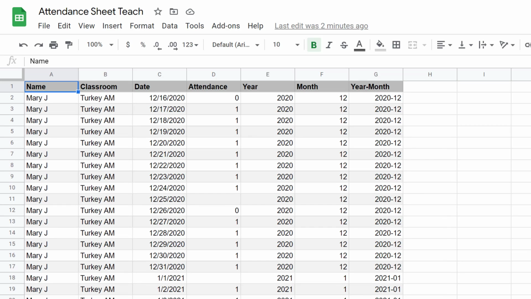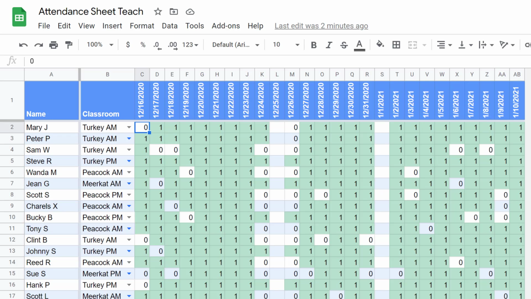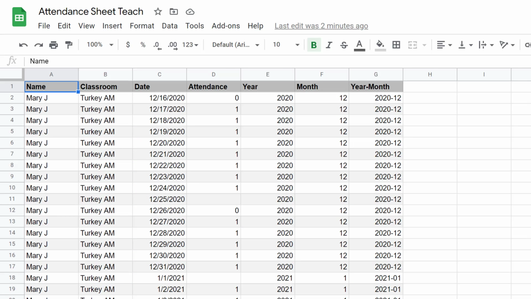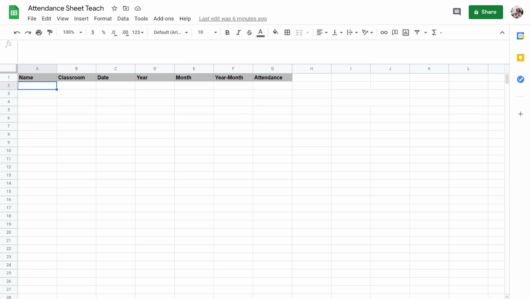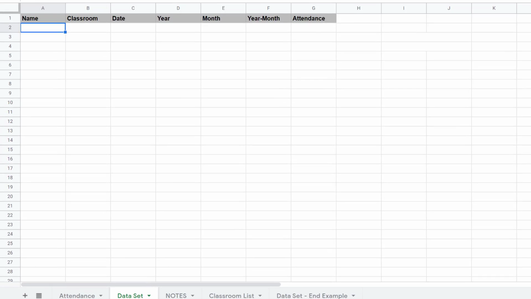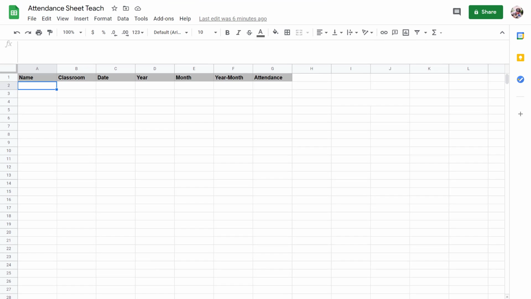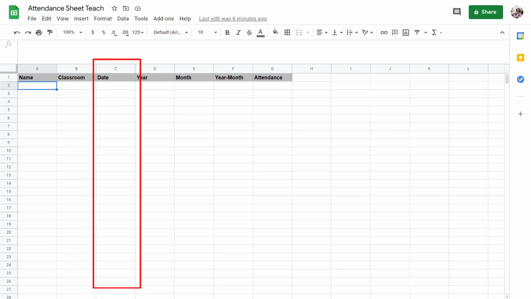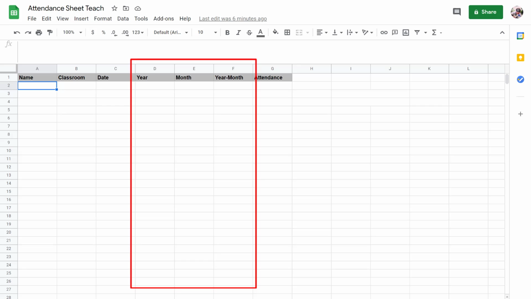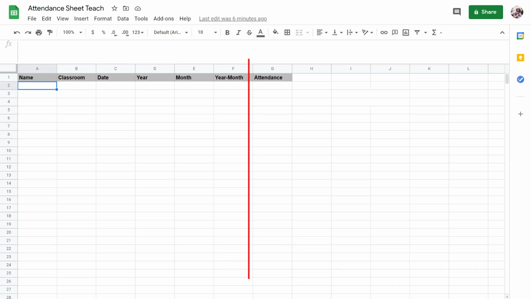So, how do we get from a pivoted table to an unpivoted table? If we were using Microsoft Excel, we would use Power Query. Since we're not in Microsoft Excel, we're going to be using a formula called Flatten. Let's get started. I just made the following headers in my dataset spreadsheet I made earlier in the current Google Sheets workbook. All the names in column A, all the classroom data in column B, all the date data in column C, and then the year, month, and year-month information extrapolating from the date information, and then finally in column